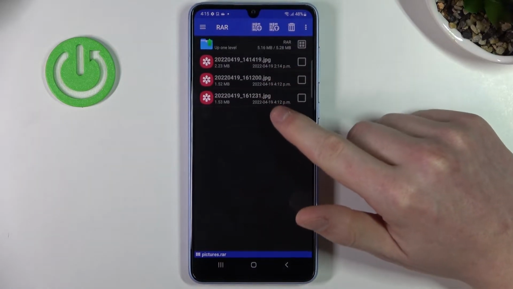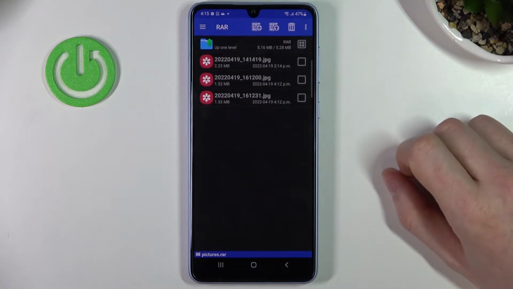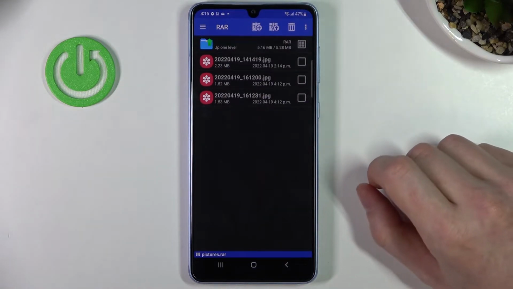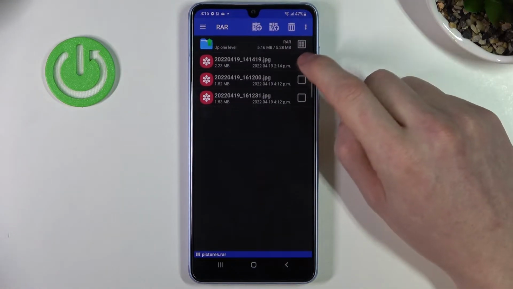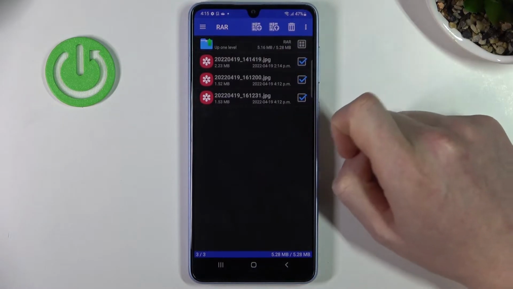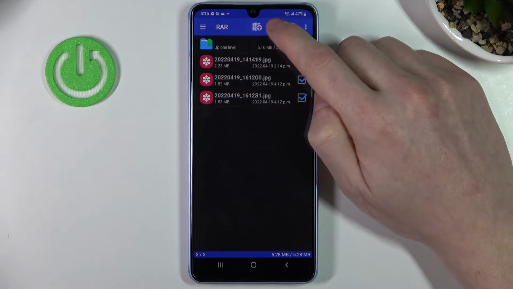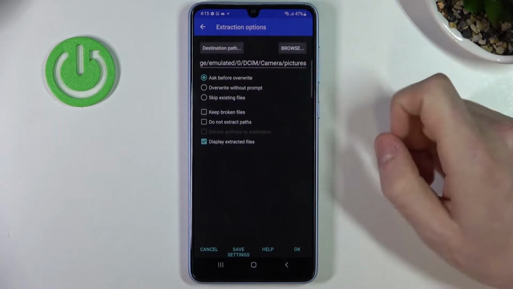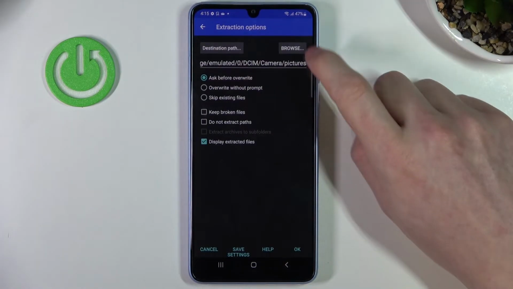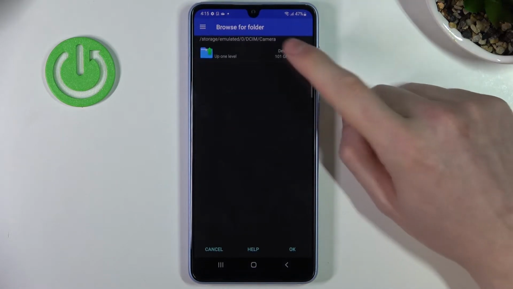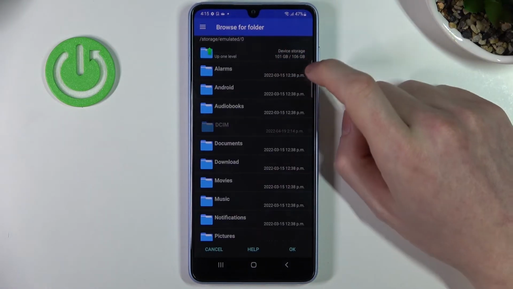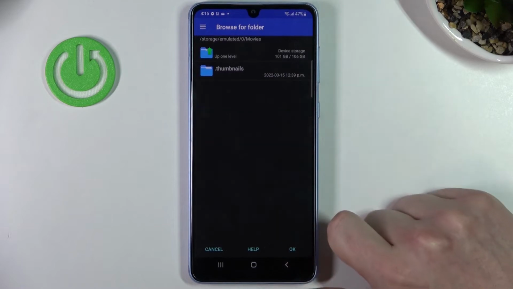Now we can see all of the files that are inside of the file, and we need to select the files that we want to unpack. So I'm just gonna pick all of them, 3 pictures right here, and press the arrow pointing up right here. Now there will be a few options you can change, and the first one is to press on the browse and select the path where we want the files to be unpacked, and I want them in the movies right